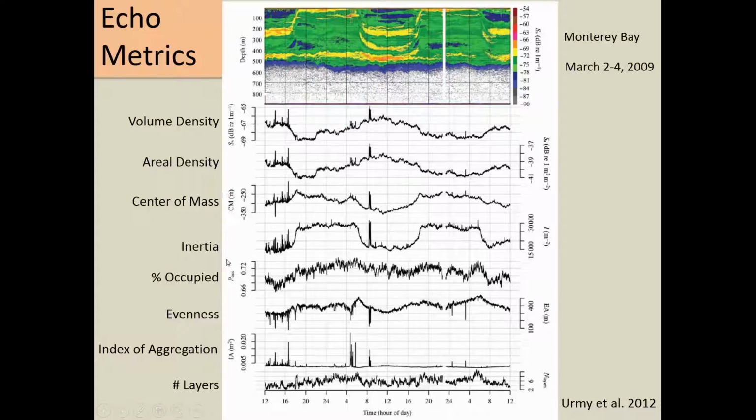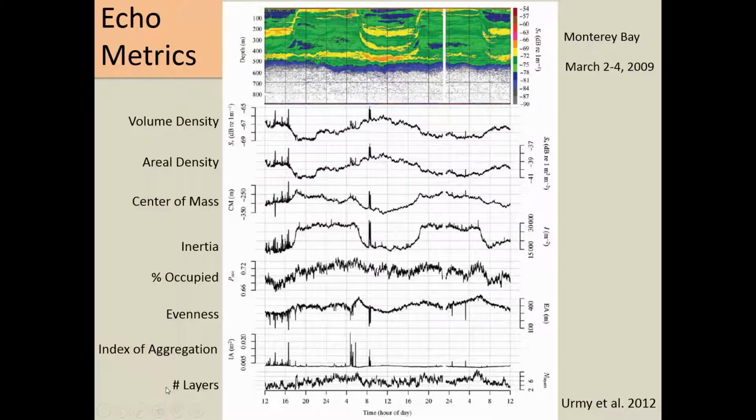We've developed a set of metrics, partly extracted from landscape ecology, partly from the acoustics world, to extract more and be used as descriptors for our raw acoustic data. The top two are very typical, and they indicate the relative density or the absolute density of animals in the water. These are calculated over the entire range, the 875 meters, but we can get more than that. We'll look at center of mass, where the weighted mean of the biomass is in the water column, the variance around that center, the percent of the water column occupied, how evenly it is distributed. We can look at the patchiness,